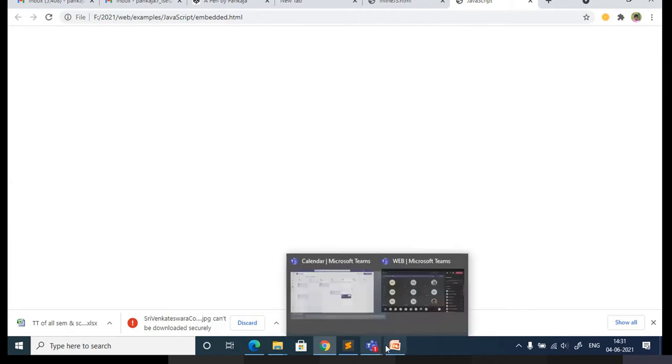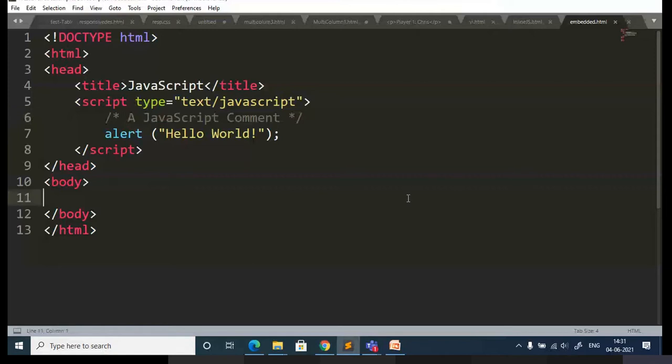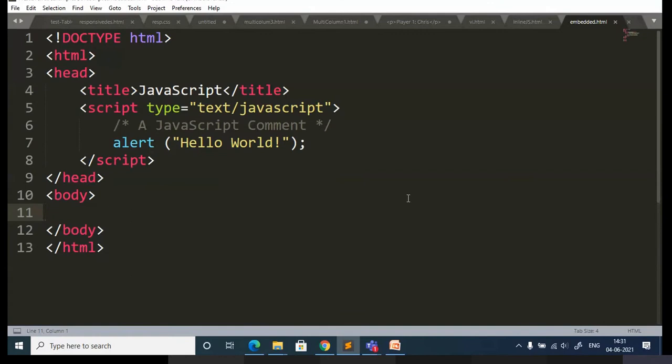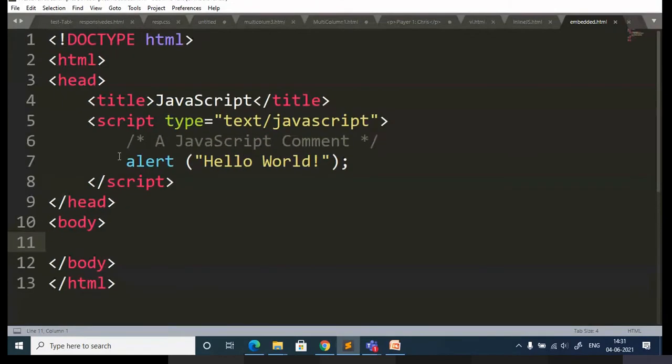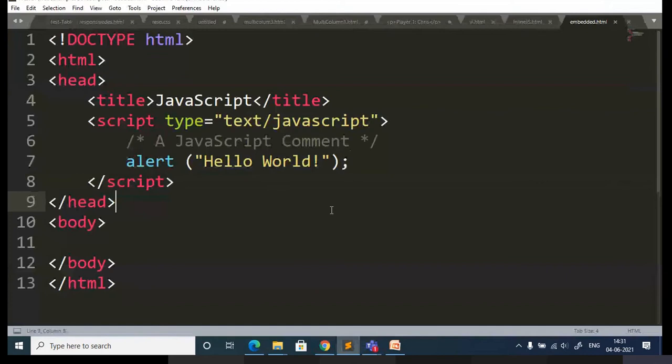It is called an alert message. If you want, you can note down the code, or else at the end I will share the code. Just a simple syntax you need to follow, and you can try to execute. So this is the embedded part.